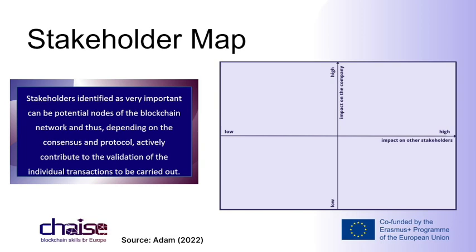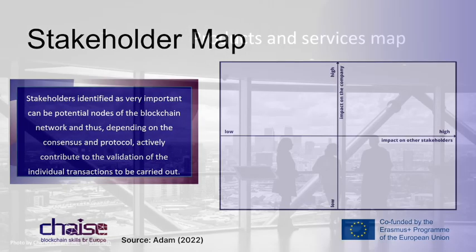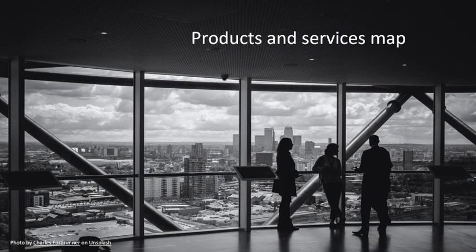Identified stakeholders who are assessed as important could be potential nodes of the blockchain network in an emerging blockchain solution, and thus, depending on the consensus and protocol, actively contribute to the validation of the individual transactions to be carried out. While the stakeholder mapping gives an overview of potential blockchain participants, the products and services mapping can show what